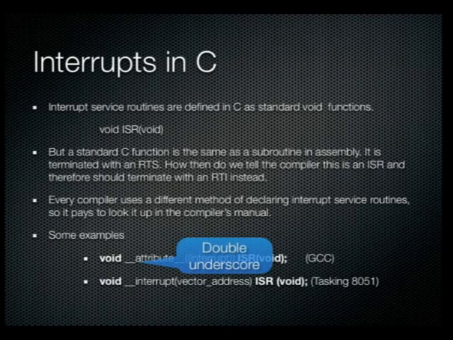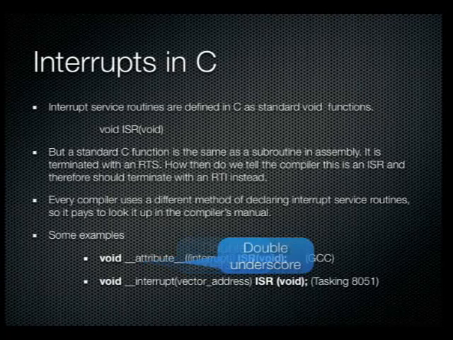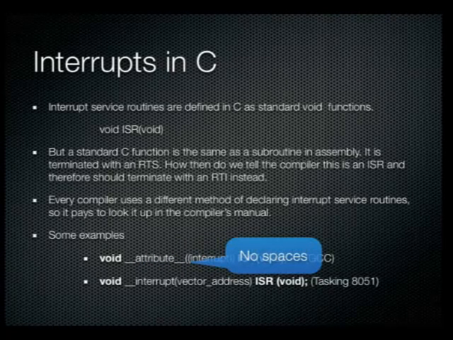We have double underscores before the attribute, double underscores after the attribute, and no spaces between the double brackets. So it's simply underscore underscore attribute underscore underscore, bracket bracket, interrupt, close bracket. Then it's simply the name of our subroutine, call it whatever you want, and then void in the brackets so that we don't have any arguments. Because, like I said before, we pass no arguments into an interrupt service routine,